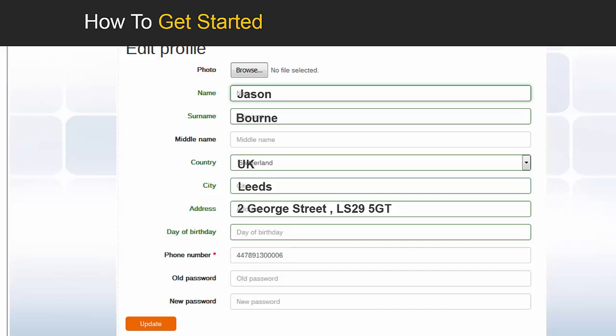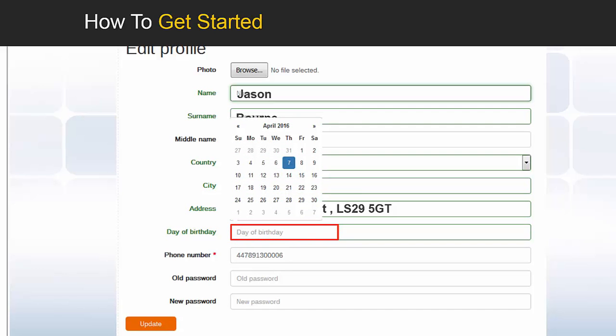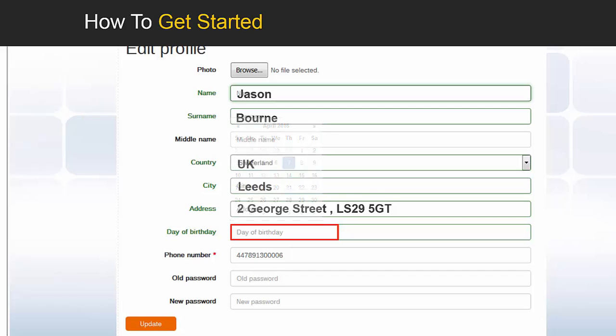And then the date of birth box is a bit funny because it comes up with a calendar, which means you have to go through every month back into the last century to when you were born. So what I do is put in the month first, so 03, let's say that's the month, and then the date, 22nd, because this is American format, and then the 4 digits for the year that you were born in. You don't need to do anything with a password because you've already created one, and then just hit update and that's it. You're in the